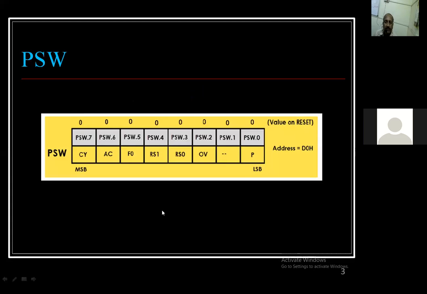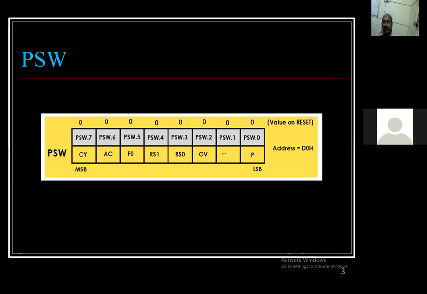Before starting the explanation of the interrupts, we are always supposed to remember one register, that is PSW, the program status word, which indicates the flags. Which flags are there in this PSW? Carry, auxiliary carry, overflow, the register bank mode being used, the parity flag, the zero flag, like this.